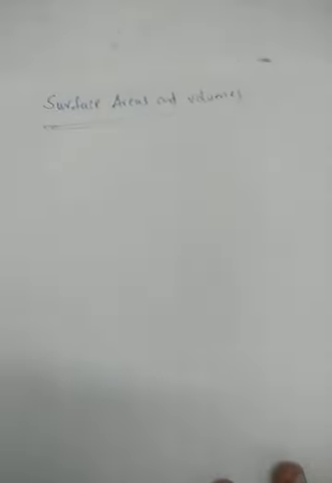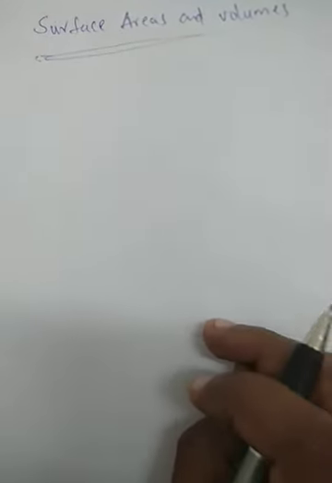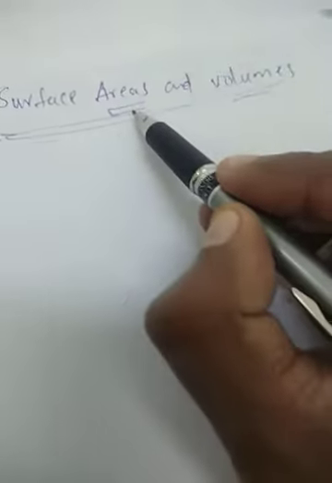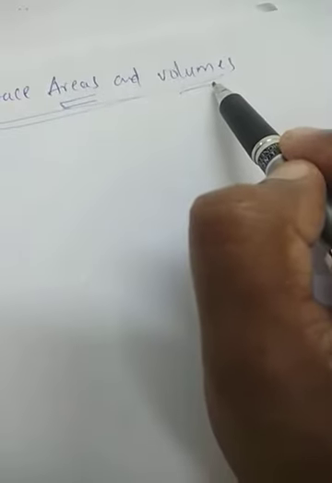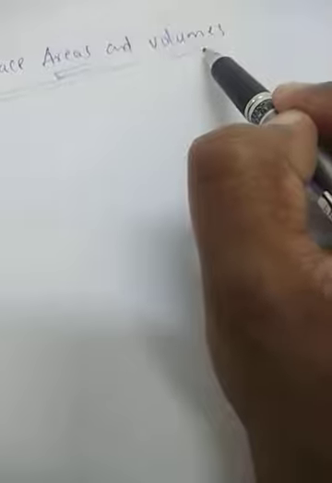So how we have to go for surface areas and volumes and what we have to do here. So let us check it out. Before going to that, area means the region occupied, volume means the space occupied. Actually this is a two-dimensional one, this is a three-dimensional thing. Already we have discussed the surface areas and volumes of some solids. So here we are going to discuss solids.